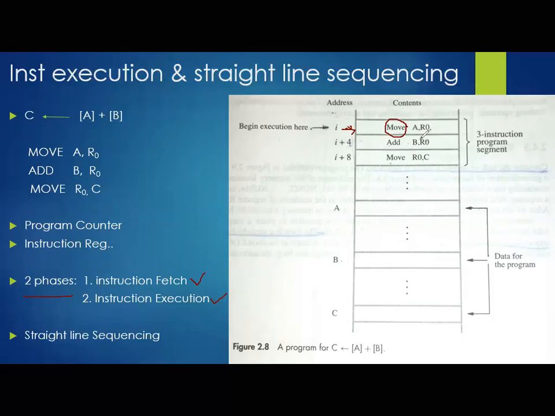Remember this. Then next, just observe, we are having two things: one is source and one is destination. Now when it comes to source, what is this? A exactly. What is the value of A? We don't know. So we need to establish a communication between these two sections: the program instruction section and the data section. Inside the memory there will be two sections. One is for storing the instructions and one is for managing the respective data we are using in this instruction. So we need to have a communication between these two.